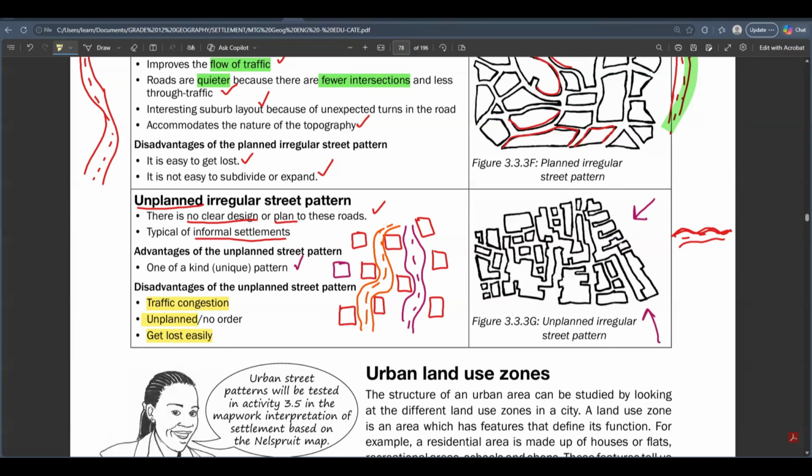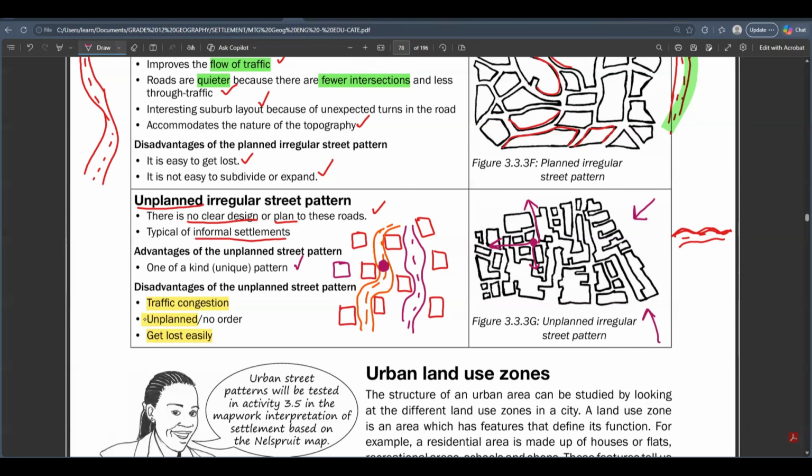You go to a place in informal settlements, there's a lot of shacks, a lot of slums and those houses. Let's just say you are here at this point, when you look around you, you're going to see a lot of houses, a lot of shacks. You don't even know where the road is going. You find out there's another road going there, and another road going there. They don't have any pattern. They don't have any order. So it's very, very easy to get lost.